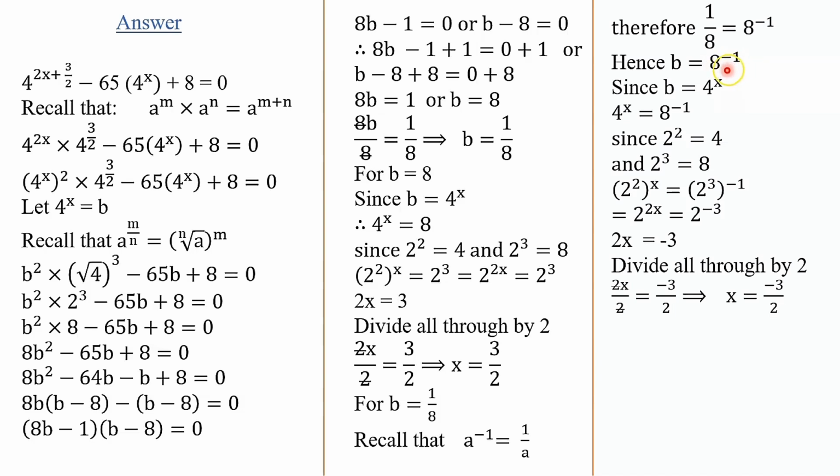Therefore, 2 to the power of 2, all in brackets, to the power of x is equal to 2 to the power of 3, all in brackets, to the power of minus 1. Then you multiply the powers. Therefore, x times 2 gives 2x, and minus 1 times 3 gives 2 to the power of minus 3. Therefore, you have 2 to the power of 2x is equal to 2